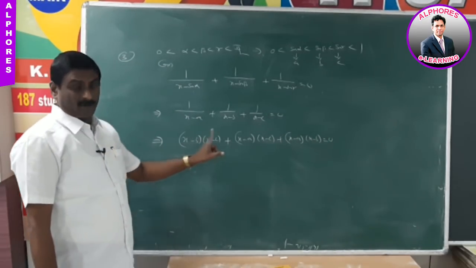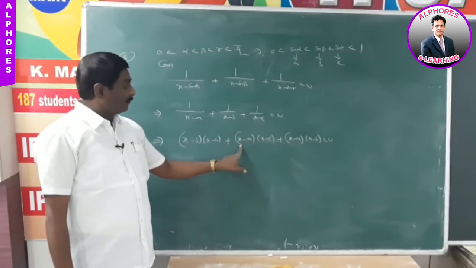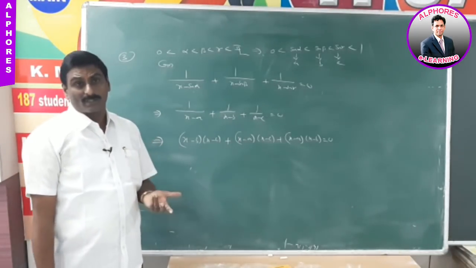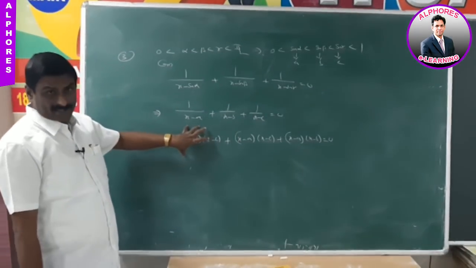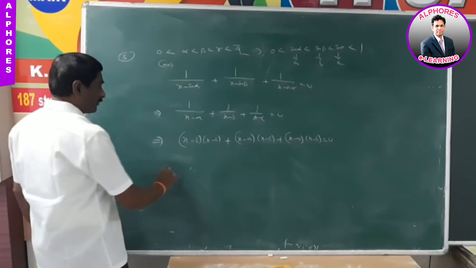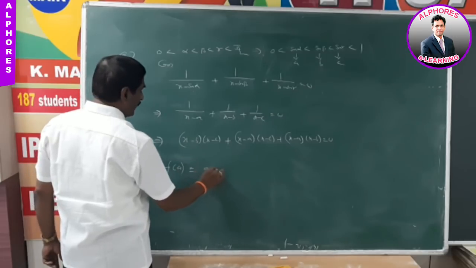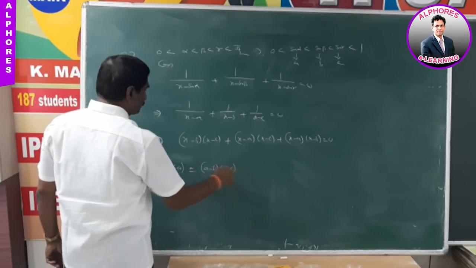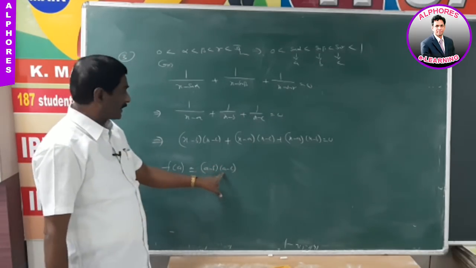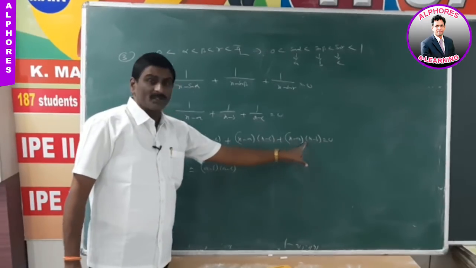After multiplication, we get a quadratic. By finding delta, we find the nature of the roots. But here, it is f of x. Suppose we consider one of the values, f of A. f of A is equal to (A minus B) into (A minus C). Here the first factor is 0, so it is also 0.